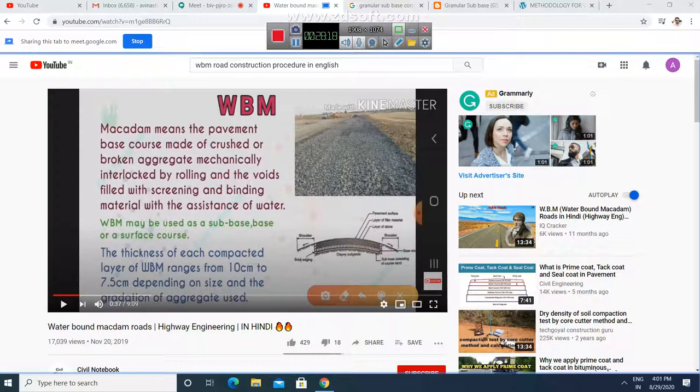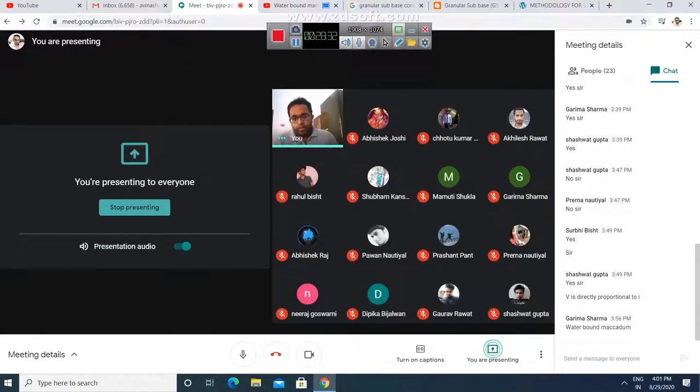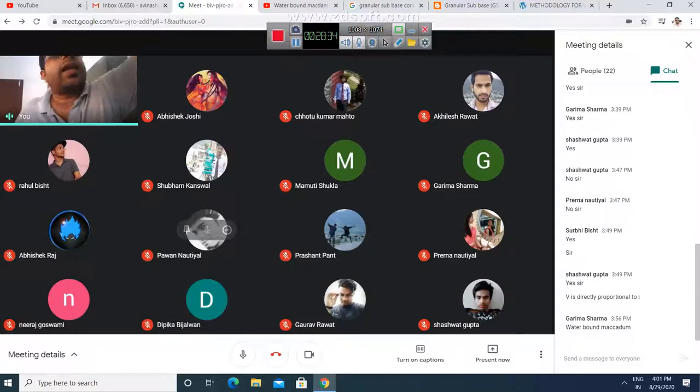Macadam means the pavement base course made of crushed or broken aggregates mechanically interlocked by rolling, and the voids filled with screening and binding material with the assistance of water. So this is what I told you. A water-bound macadam means you are having